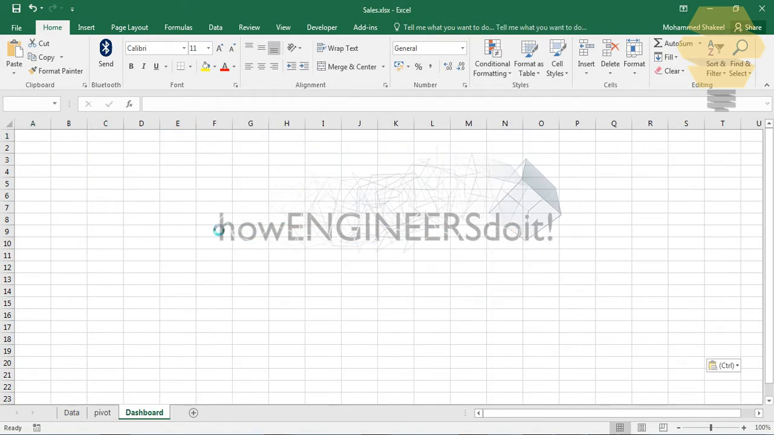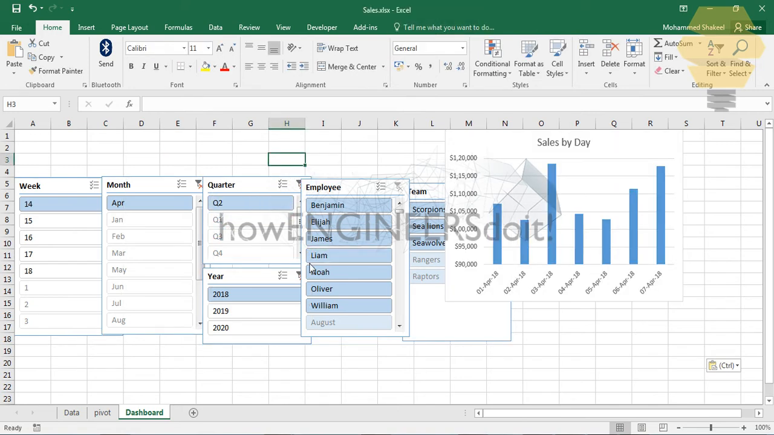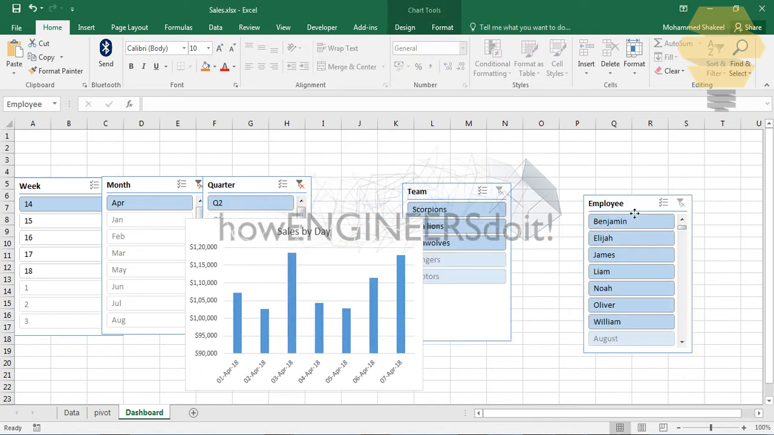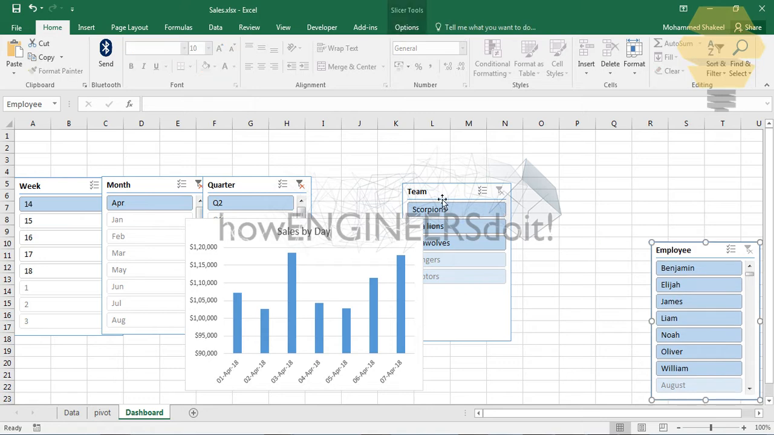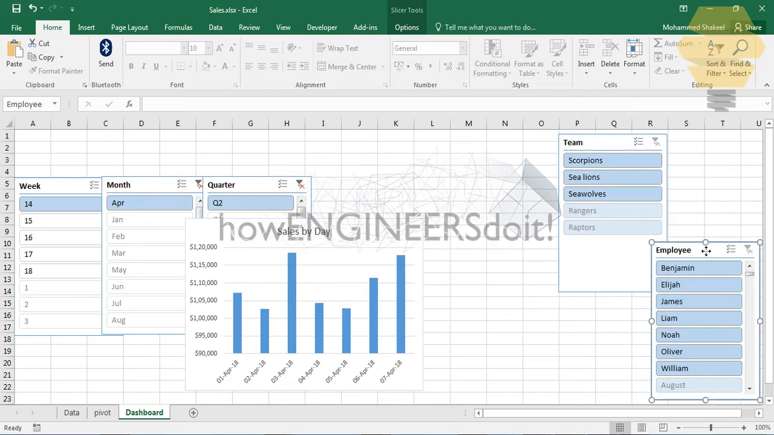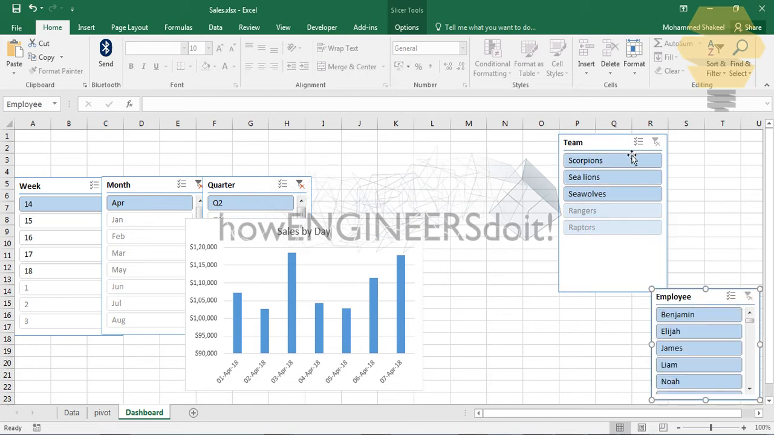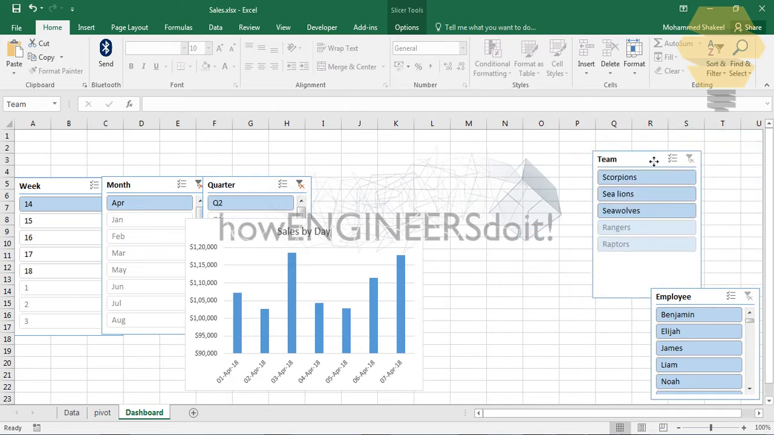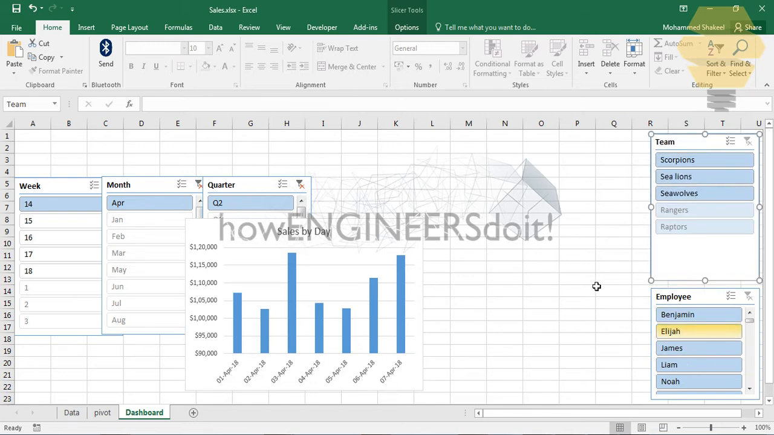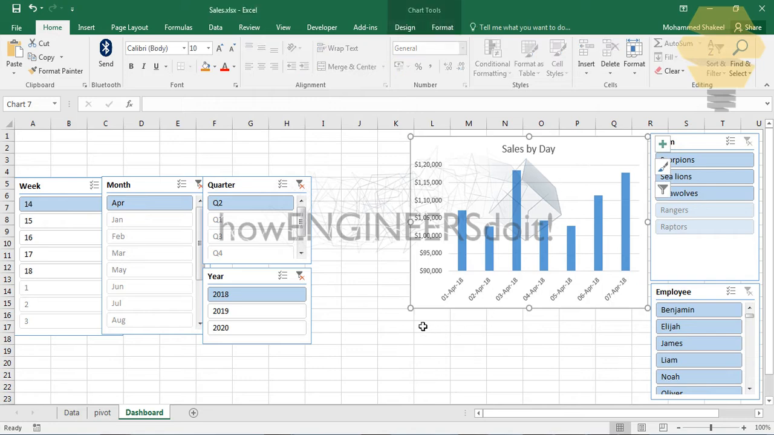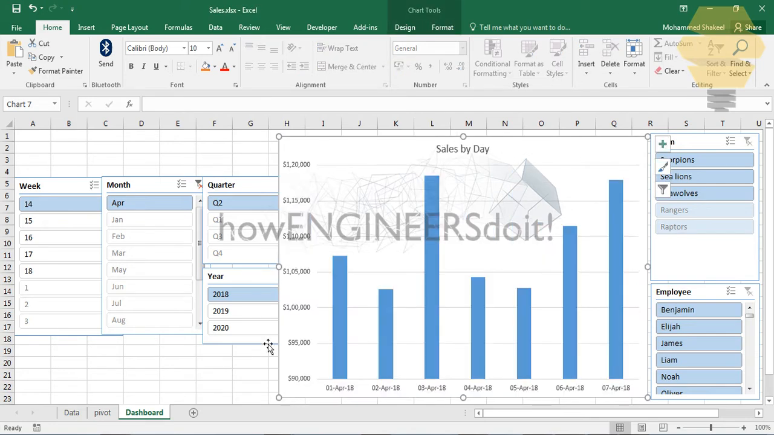Now I'm just going to put it on this sheet here. Now I just need the employee here and the team here. Let the employee be a little smaller, because the top management would be more interested in seeing what the team contributions will be. So we are here, and let's put the sales graph here. I'm just going to expand it a little bit. All right, now